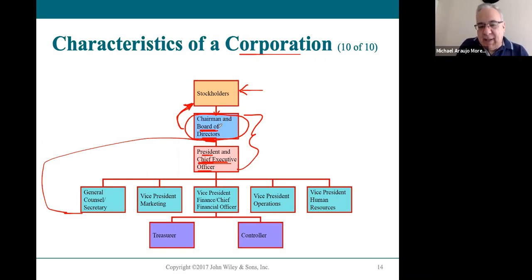Like I said, most of the board tends to be CEOs, whether they're still active or retired. Most of them are CEOs or were CEOs. So they tend to treat the CEOs quite well. And the incentive is